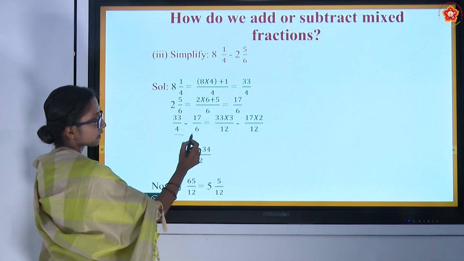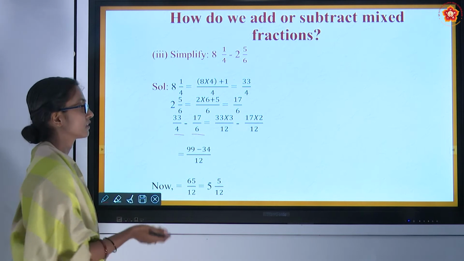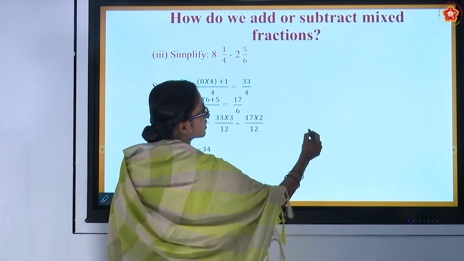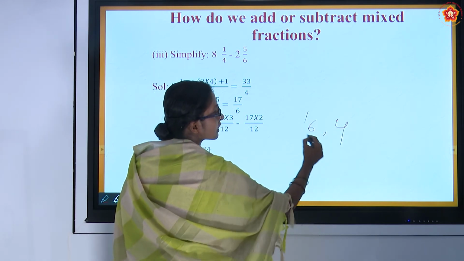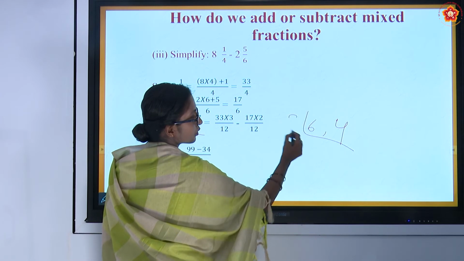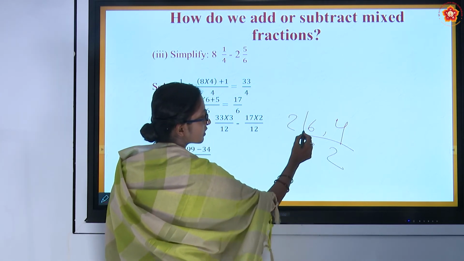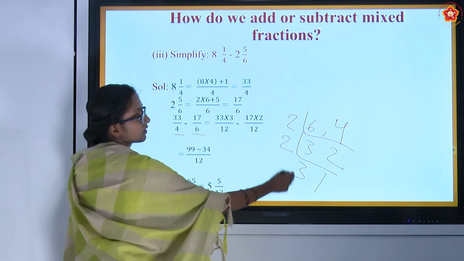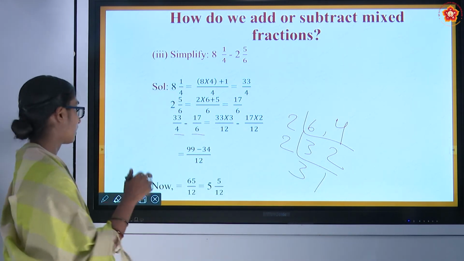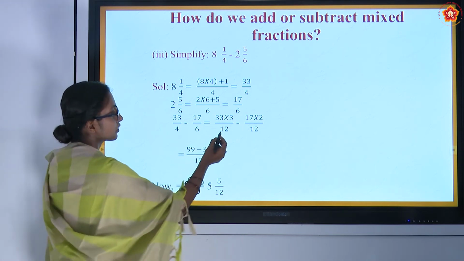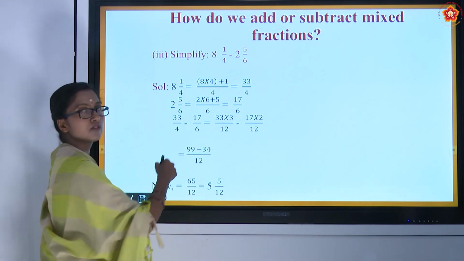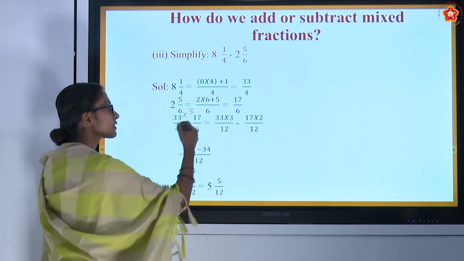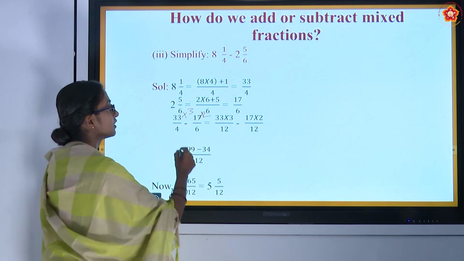So you can observe they don't have the same denominators. Now we need to take LCM again. 6 and 4, as I showed in the last problem. 2 3s are 6, 2 2s are 4, 3 as it is. Let's take one more time. 2 1s are 2. If you multiply again, you'll get 12. So 12 is the LCM. 4, how much are 12? 4 2s are 8, 4 3s are 12. 6, how much are 12? 6 1s are 6, 6 2s are 12.